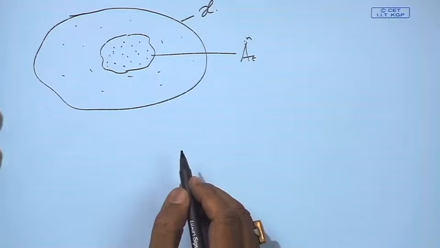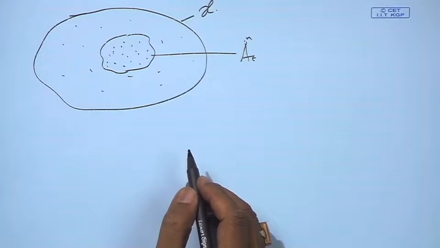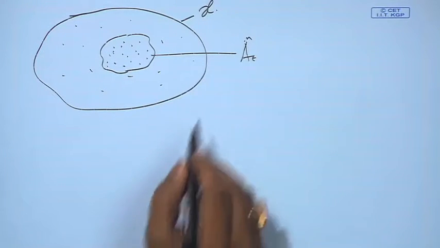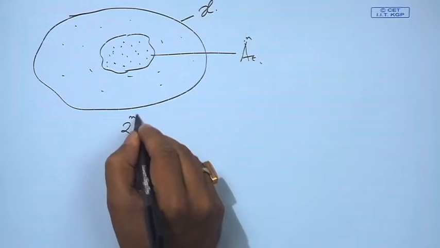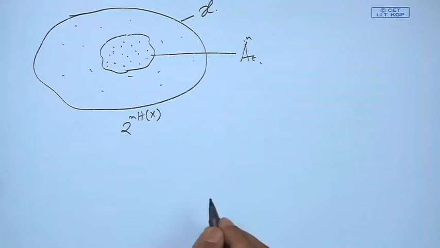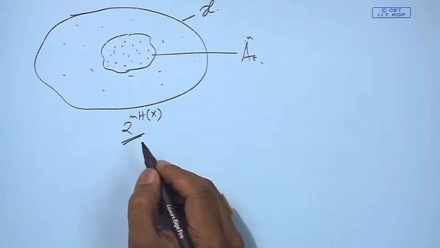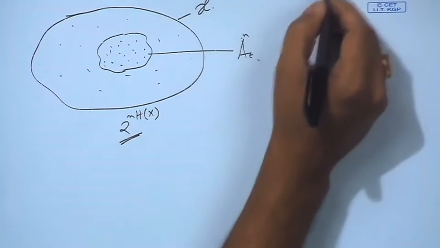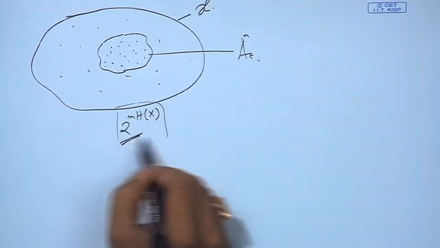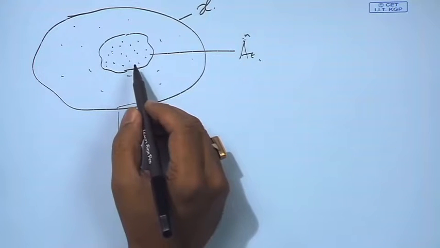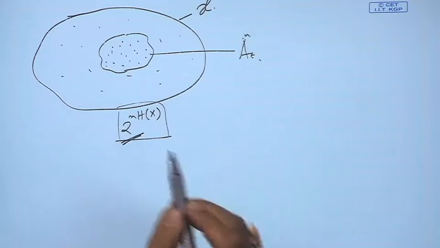If they are all equiprobable, all we can say is that the number of sequences in this set is nearly equal to 2 to the power of nHx. This is also an outcome of this. So the number of sequences in the typical set is basically 2 to the power of nHx,